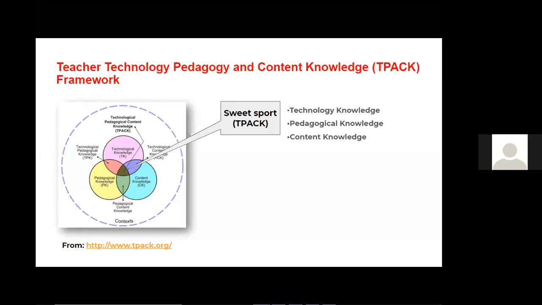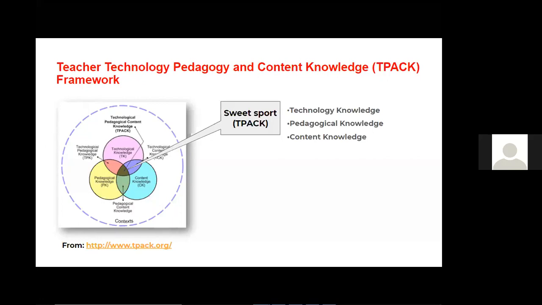And then for technological knowledge, we are looking at you as an educator. How well do you know how to use technology to present your concept? What digital tools are available at your disposal to communicate what you want to your learners? For example, in your lesson plan, students may need to label a diagram and present. So the ability to fill in the blanks with an answer key, or find images from the internet or create slides. This is what we call technological knowledge.